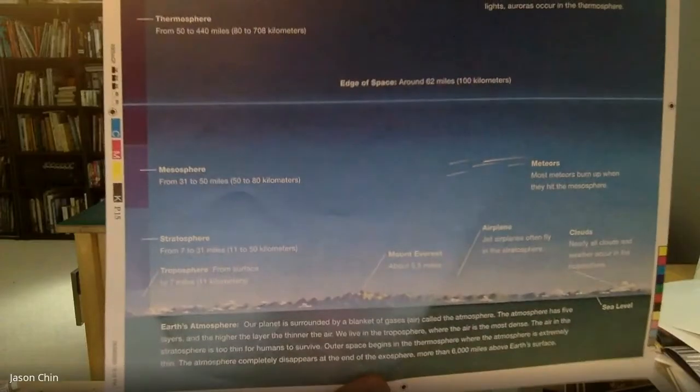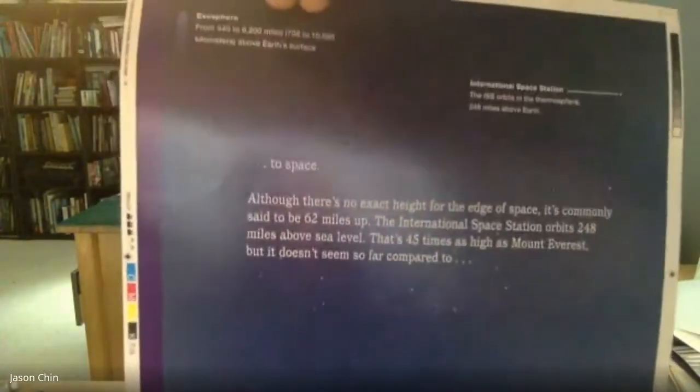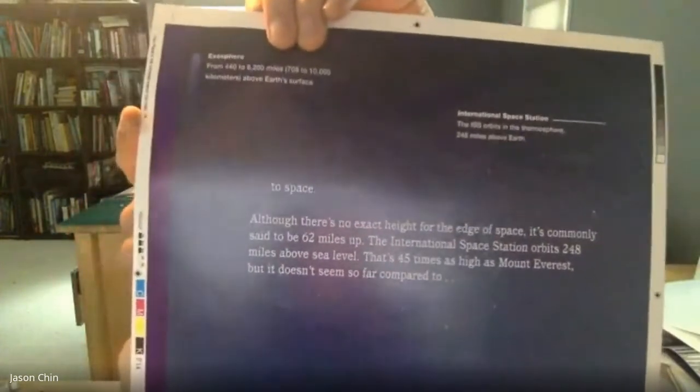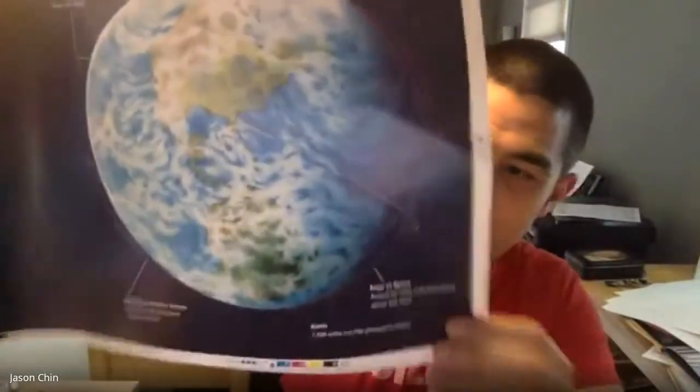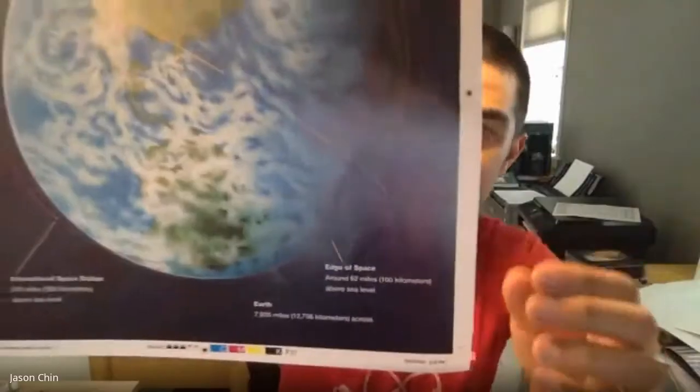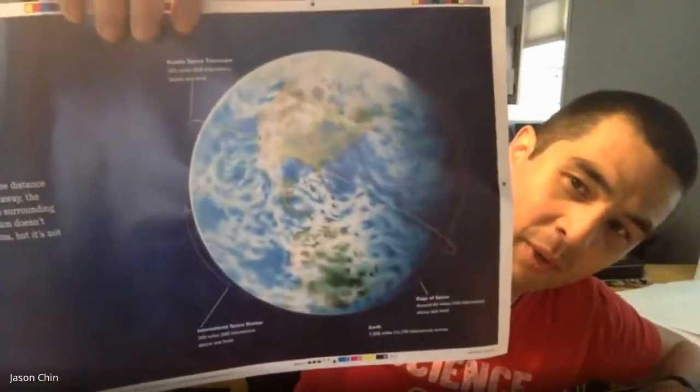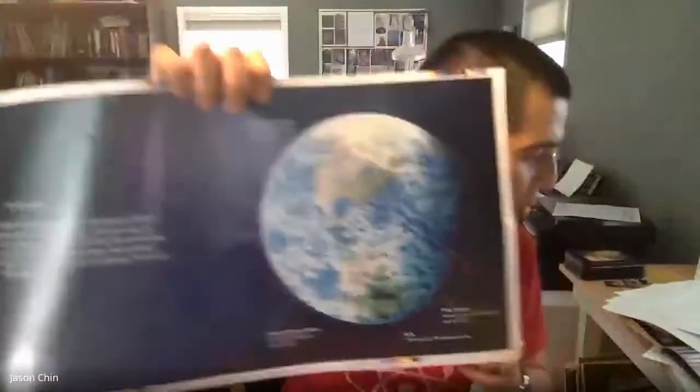And that line there is the edge of space, and then we can go up to the Aurora Borealis, the auroras, and then you keep going up. There are some words. All the way up here is the International Space Station at the top. And the edge of space seems really far away, but there's Earth, and the edge of space is this teeny line right there. I don't know if you can see it. Really, really close when you compare it to the size of the whole planet.